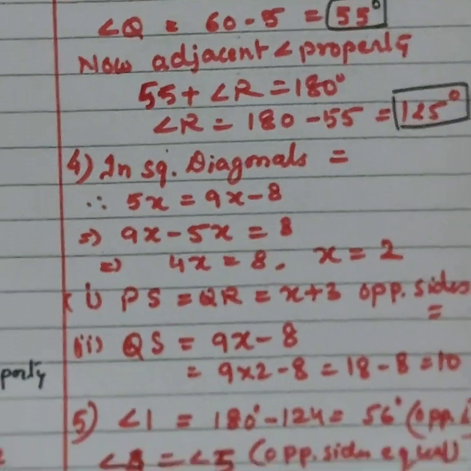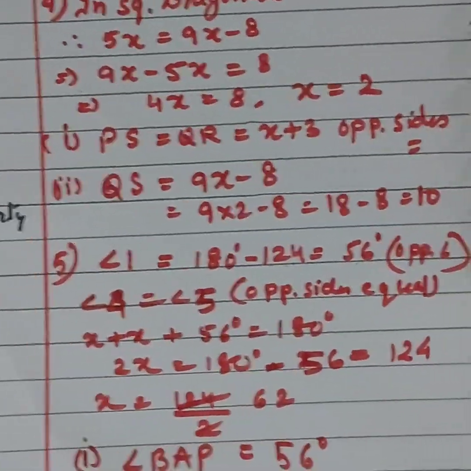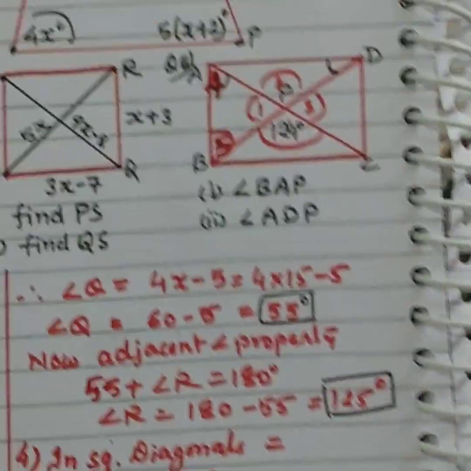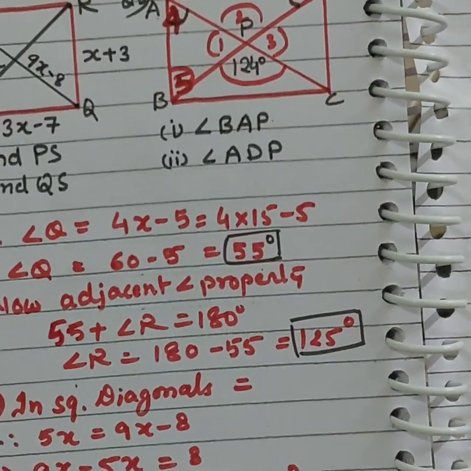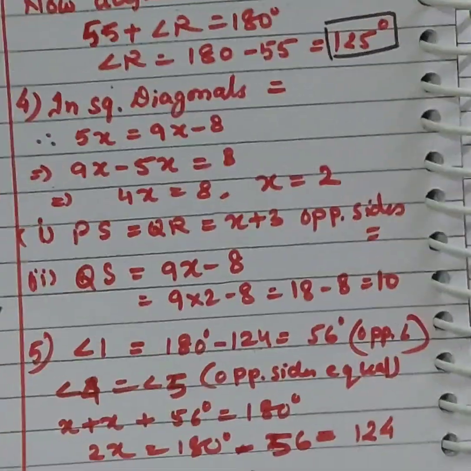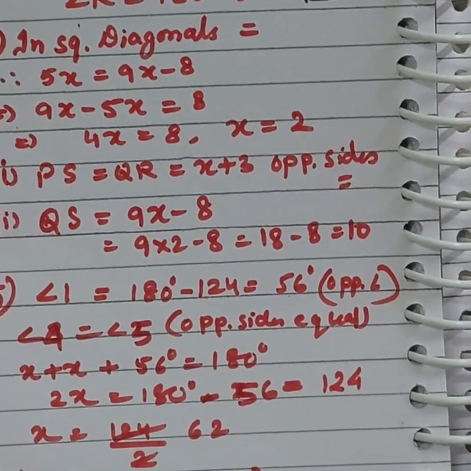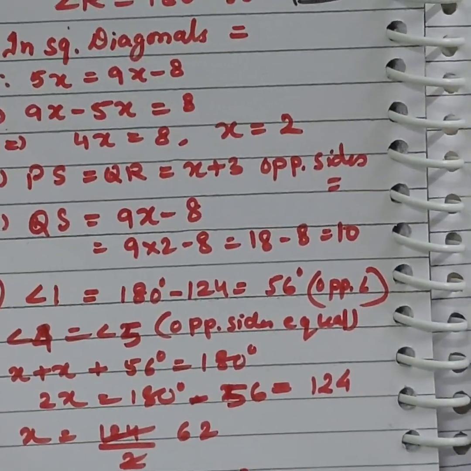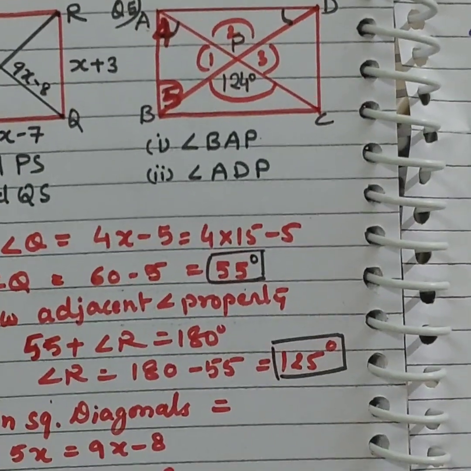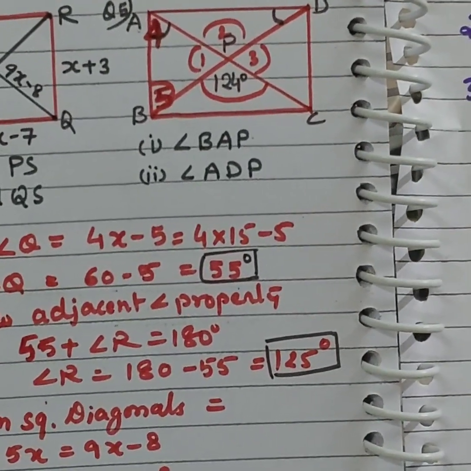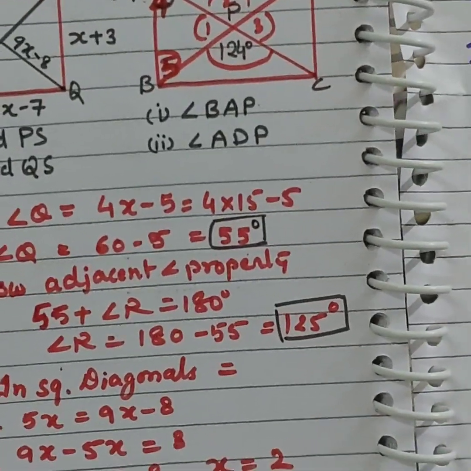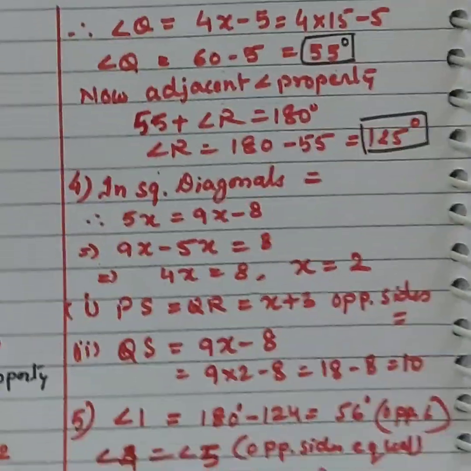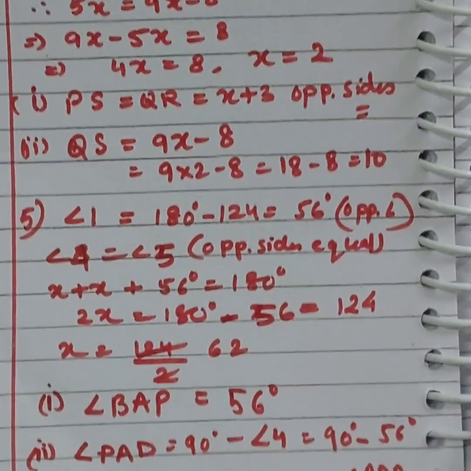तो पहले एंगल 1 निकालते हैं. एंगल 1 equals to 180 minus 124. समझ में आ रहा है? This is linear pair. तो एंगल 1 is what? 56 degree. Right? Now if angle 1 is 56 degree, then angle 3 is also 56 degree. And angle जो opposite है आपका ऊपर, that is also 124. So this one is clear to you, vertically opposite angle.